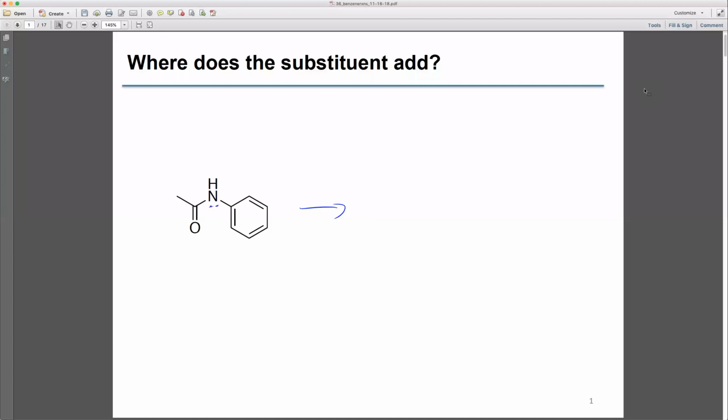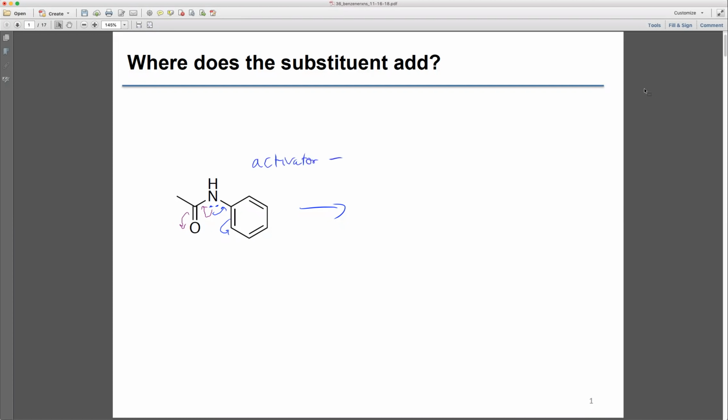So we have a nitrogen atom connected here, and so this lone pair can be pushed into the ring to give several other resonance contributors. And there's a spectrum here of strong activators, moderate activators, and weak activators. This would fall right in the middle because this lone pair is also able to be delocalized into the carbonyl, and so that decreases the push into the ring because there's competition with the carbonyl. So this would be an activator